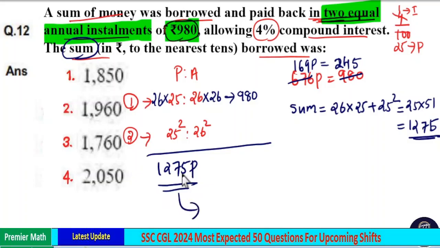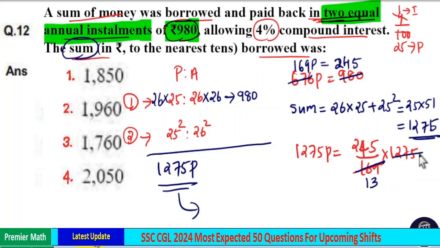So we need to find out what is 1275 part here. Here 169 part is equal to 245. Then 1275 part is equal to 245 divided by 169 into 1275. Here 13 goes 13 times in 169 and 13 goes around